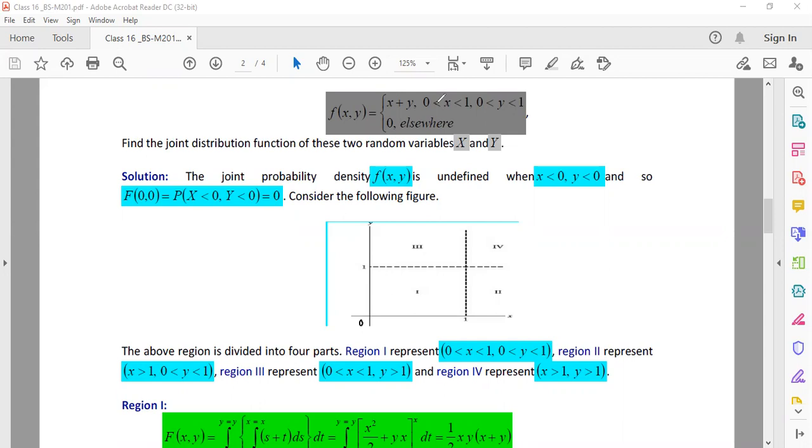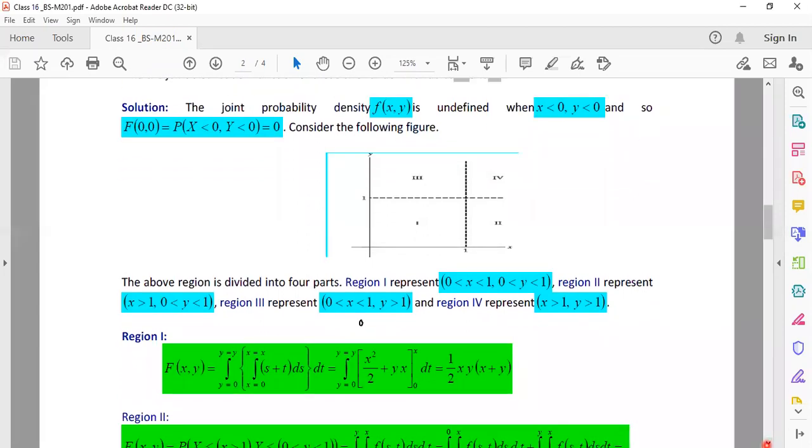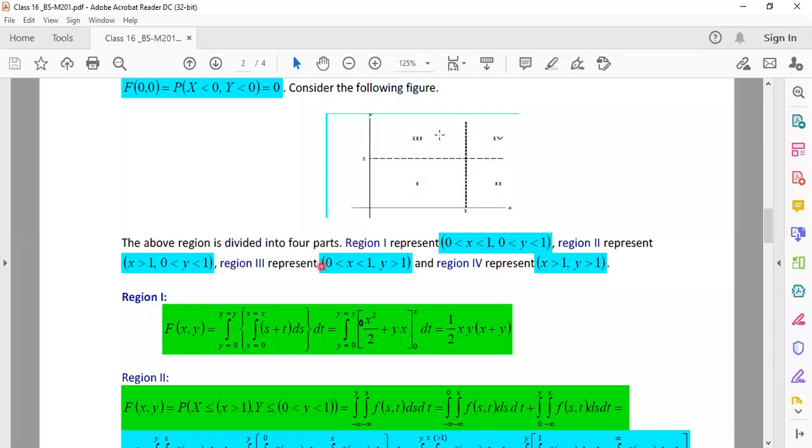For the sake of your knowledge, I want to tell you that this particular problem has been taken from John Freund's book. The problem is solved over there, but the solution has not been shown explicitly. They have just written the result. So here I'm going to show you the solution in an explicit way. If you have the John Freund book, you can find the page in which this particular problem is present.